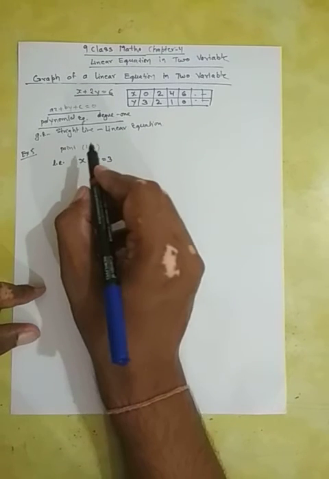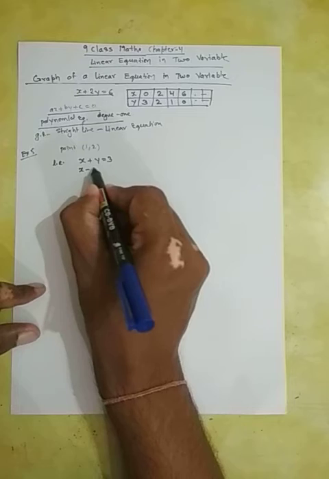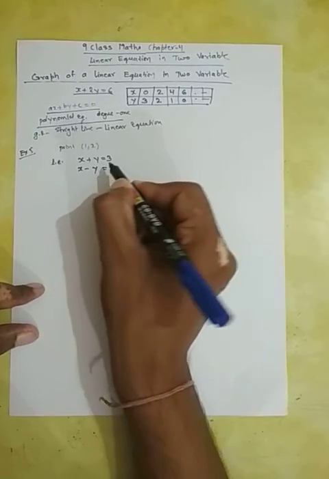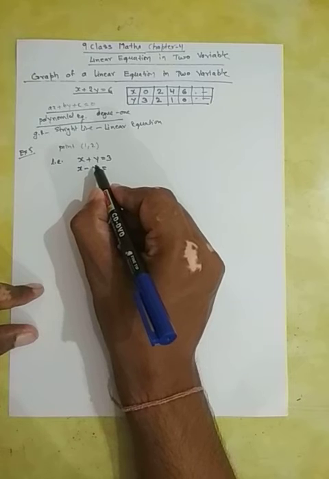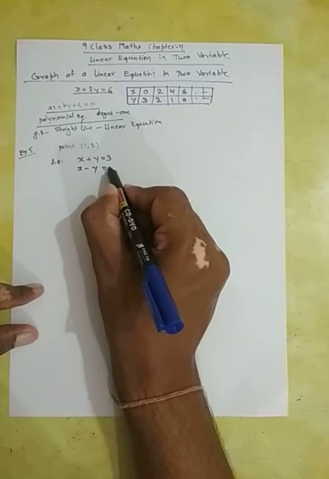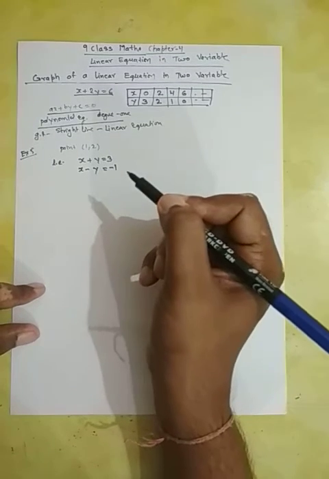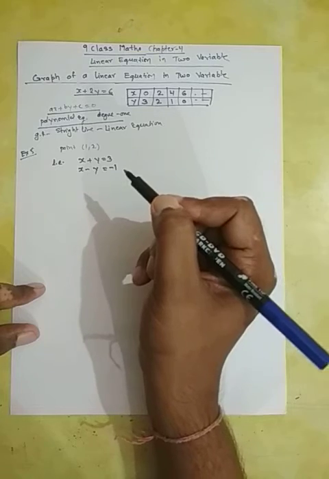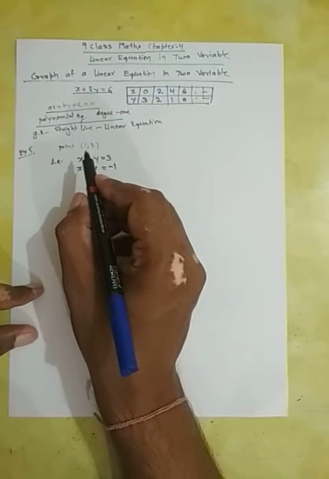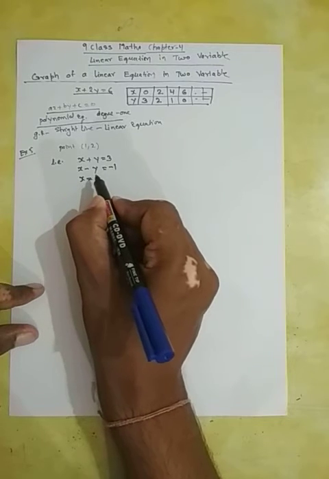सेकंड इक्वेशन क्या बन जाती है? x माइनस वाई। x माइनस वाई करने पर क्या आएगा फ्रेंड्स? x माइनस वाई इक्वल टू -1। सेकेंड लीनियर इक्वेशन, दिस इज फाइन। थर्ड लीनियर इक्वेशन क्या है? x इक्वल टू